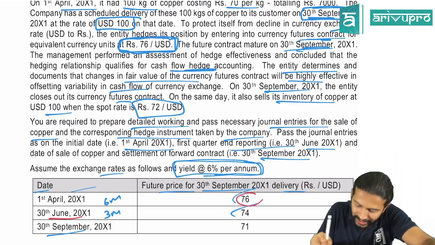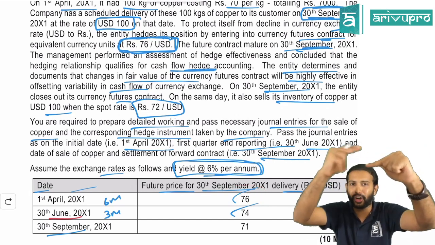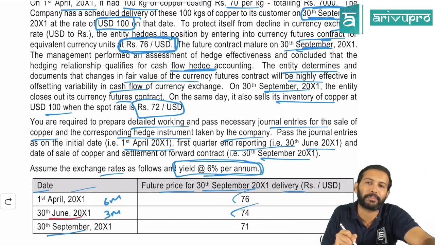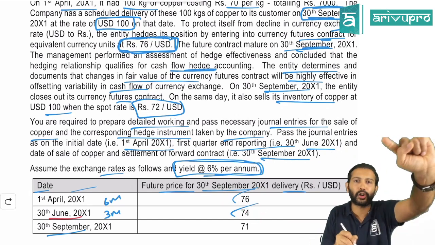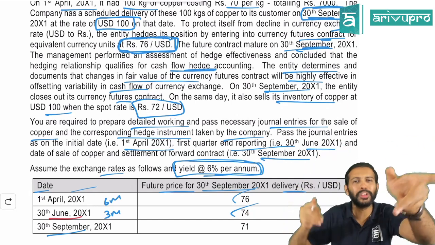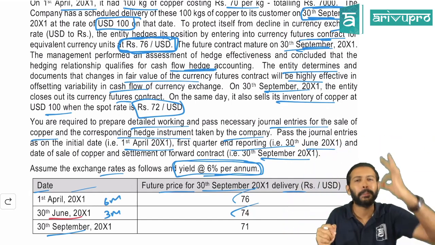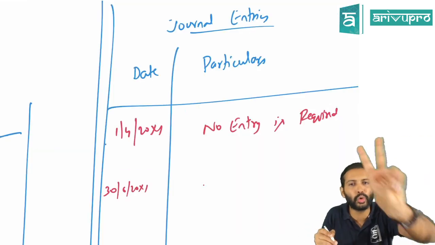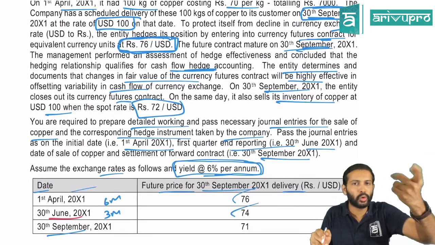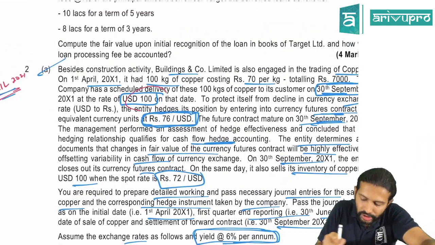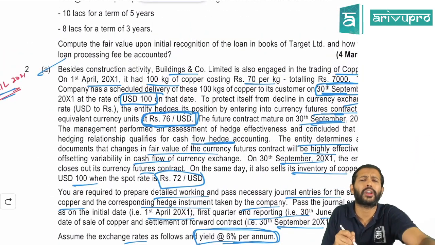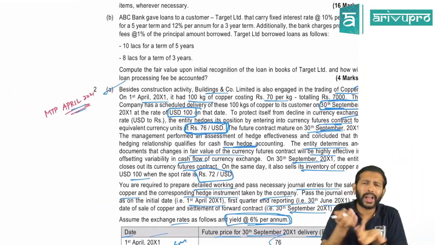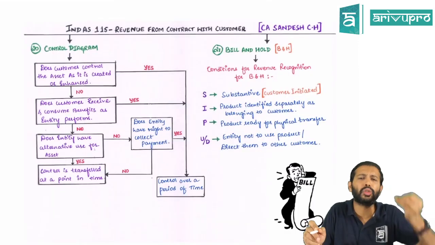Yes, because you have a right to sell it for 76. But if you had not done it, the market right to sell now after 3 months is only 74. You would have got only 74, but due to the forward contract, you will get 76. So 2 rupees more you will get on $1 because you entered into this particular forward contract. So the fair value is 2 rupees for $1. How many dollars is your contract for? $100. So the foreign exchange or fair value gain is 200 rupees. Correct. So the fair value of that contract is 200 rupees.